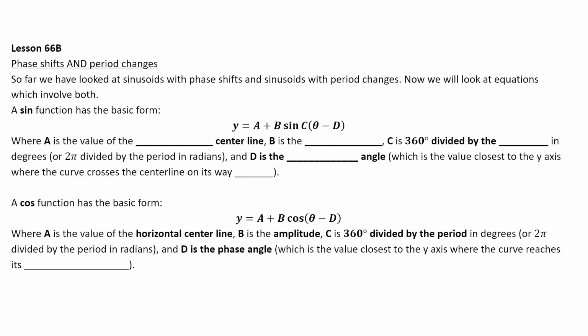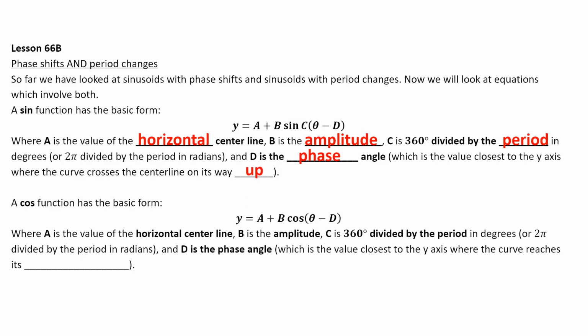Okay, so real quick, I want to go back over writing the equation of a sinusoid. So we said that when you want to write an equation as a sine function, you would write y equals a plus b sine c times theta minus d, where a is the horizontal center line, b is the amplitude, c is 360 divided by the period in degrees, or 2 pi divided by the period in radians, and d is the phase angle, which is the value closest to the y-axis, where the curve crosses the center line on